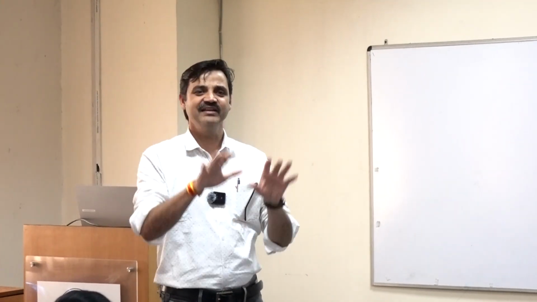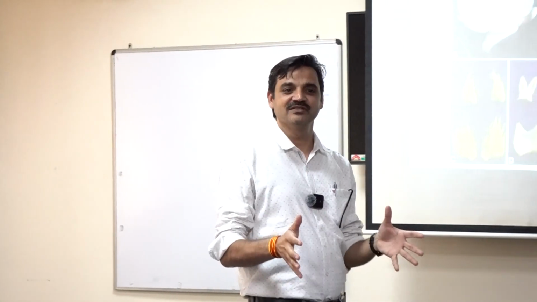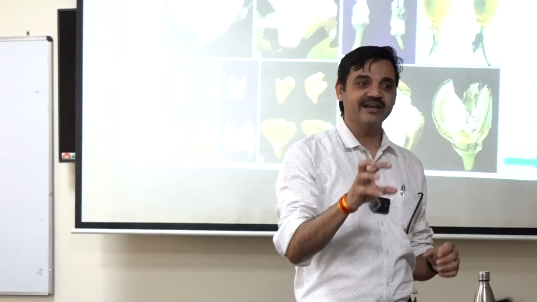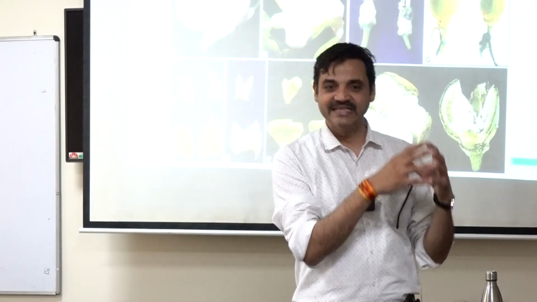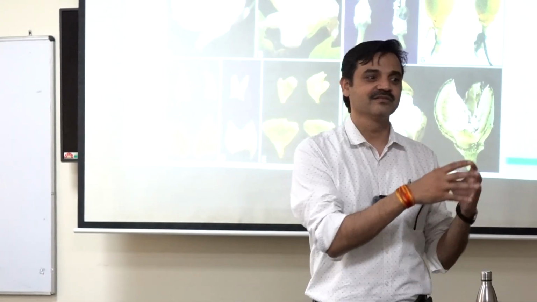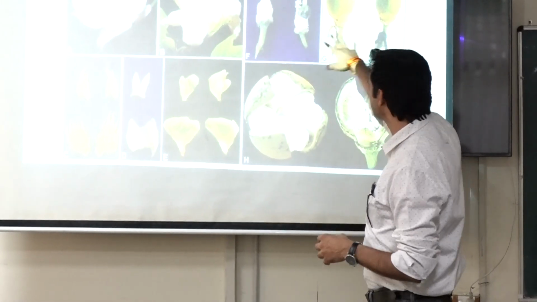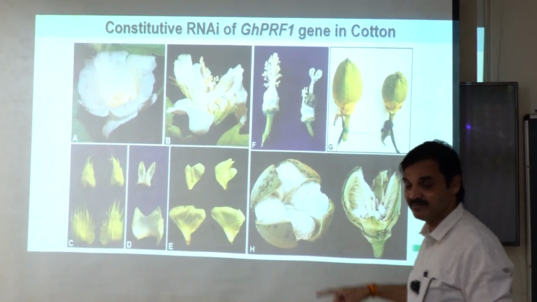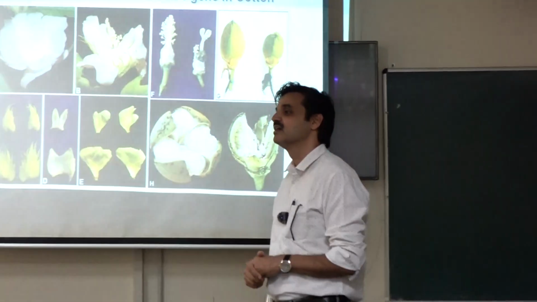RNA interference is the full form, where you suppress a gene through RNAi. I'm not going into detail. So RNAi is a process we can use to silence a gene. We can put another RNA in the cell, antisense, and that can go and bind with native RNA, making a double-stranded RNA, and the double-stranded RNA will be degraded by the plant system through dicer formation. So profilin was silenced, and it was seen that this is a fruit at last. Control. This is the silenced fruit. That means fiber development has been severely affected. That means profilin was taking an important role in fiber development.